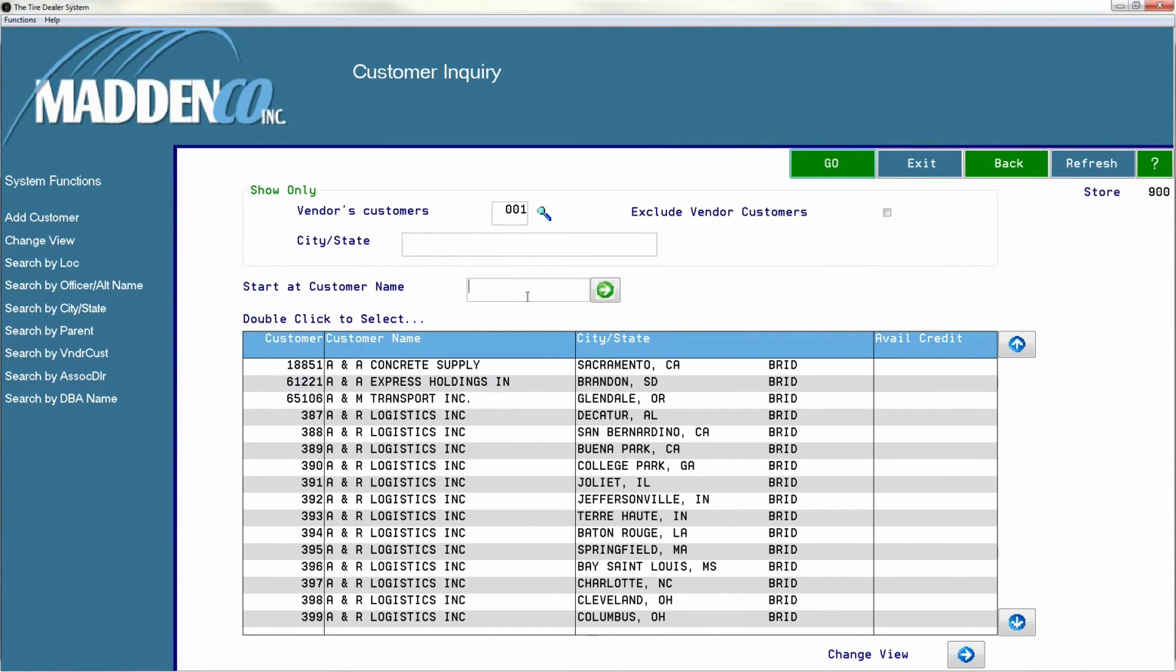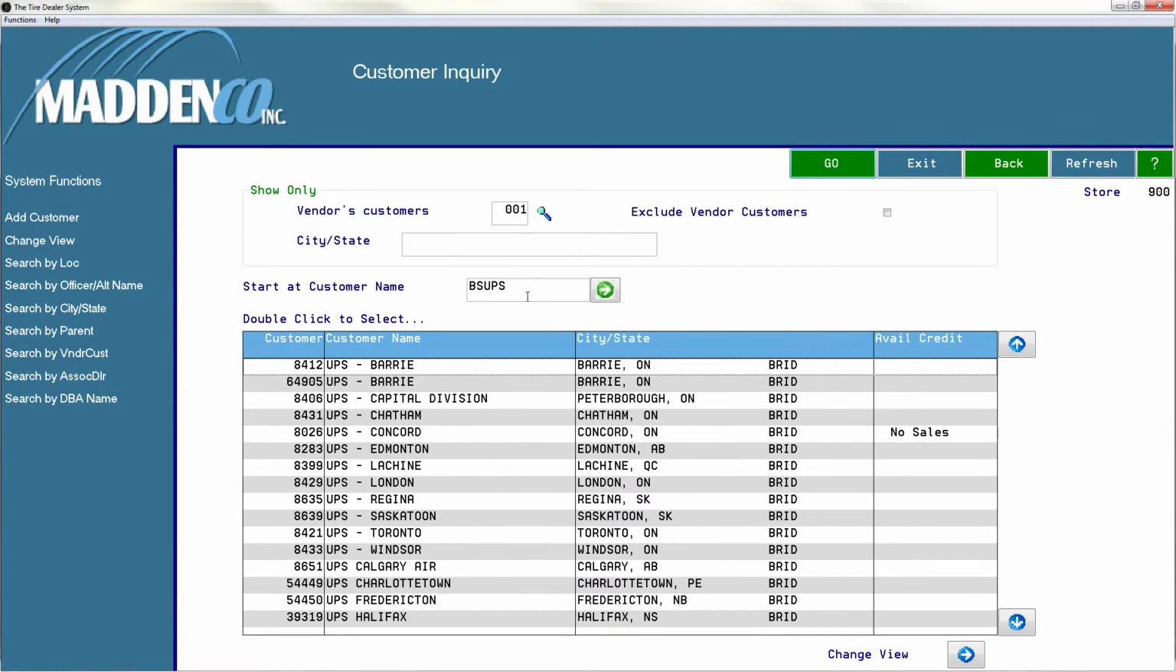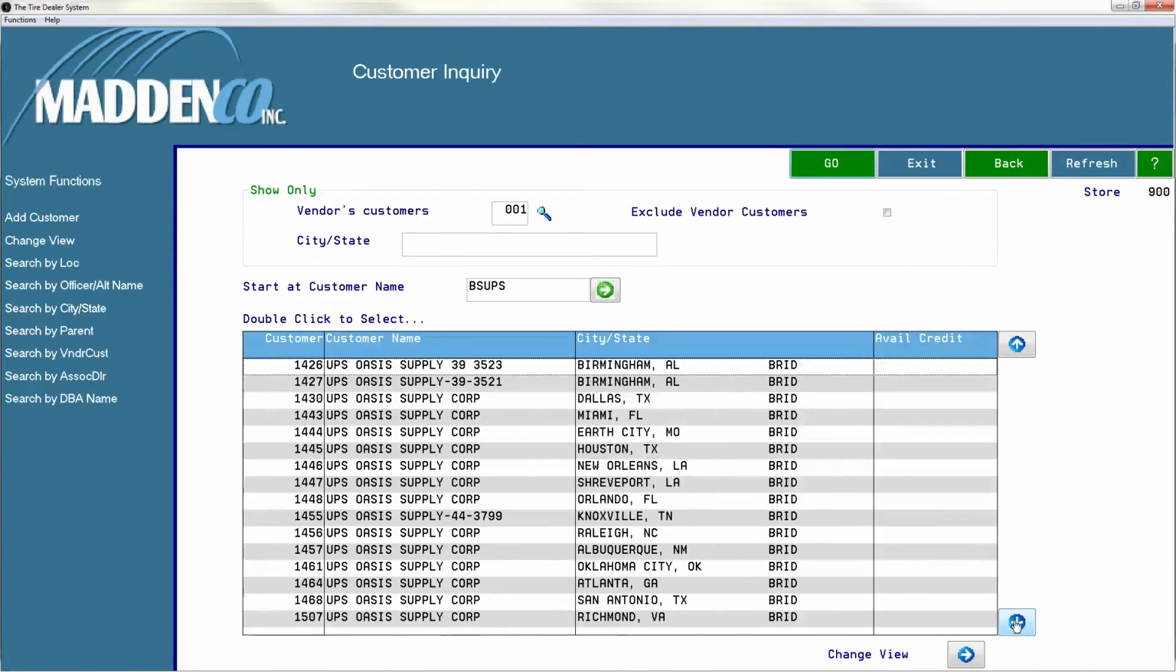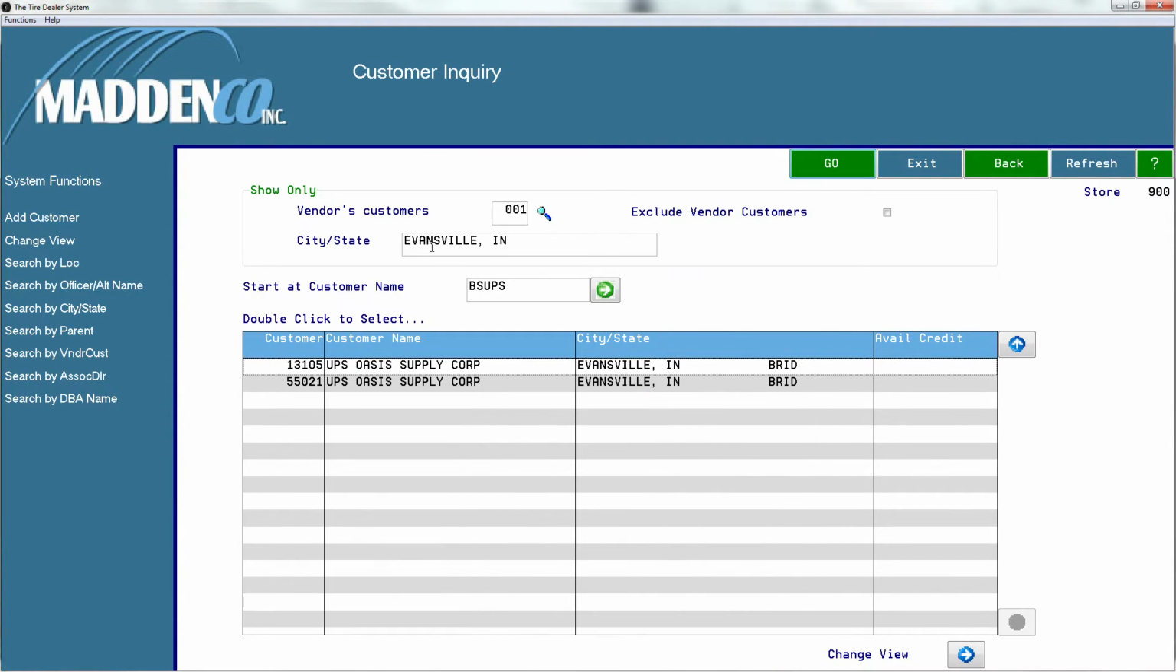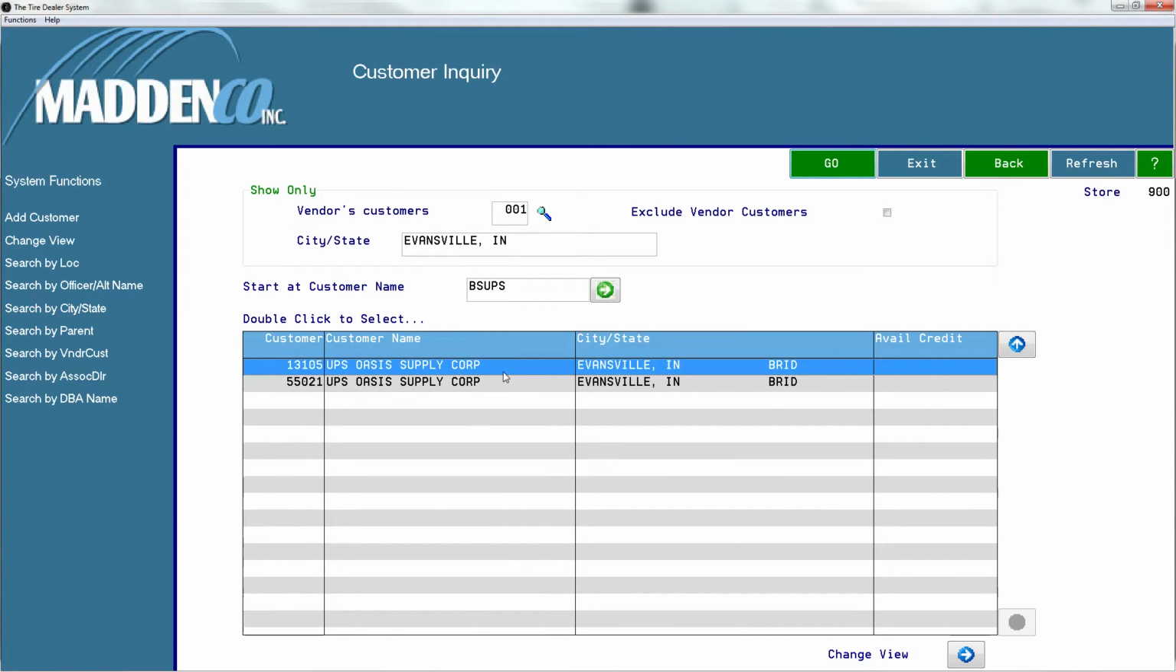Now as an example, I want to look up the UPS vendor, and every Bridgestone customer starts with BS and then their name. So I'm going to do BS UPS, and as you see here, there's a lot of customers, and for me to grab the correct customer could take a while to search. So instead, I'm going to come up here and use the city state to narrow it down, because I know that my UPS customer is based out of Evansville, Indiana,